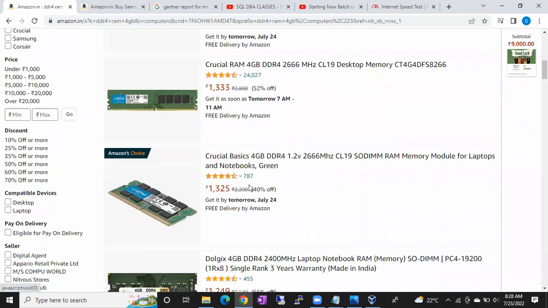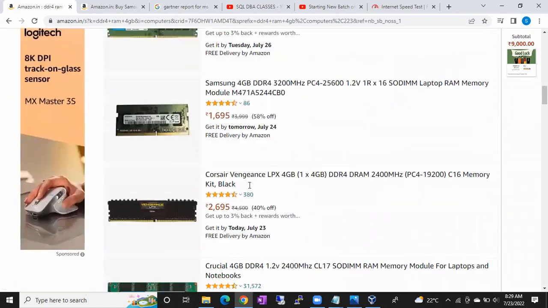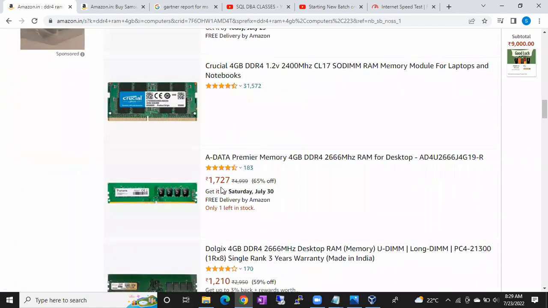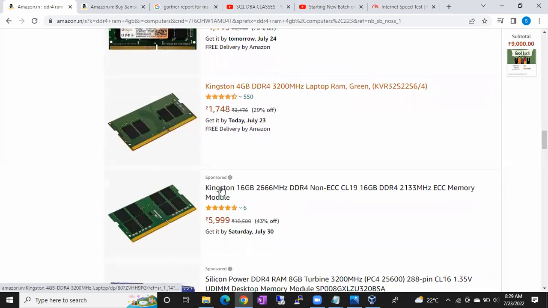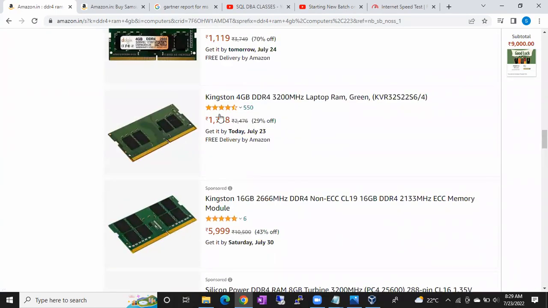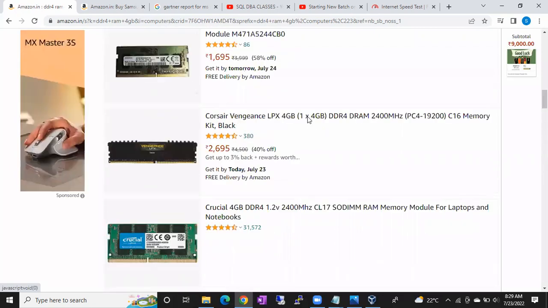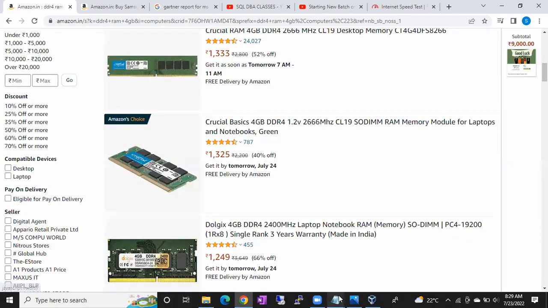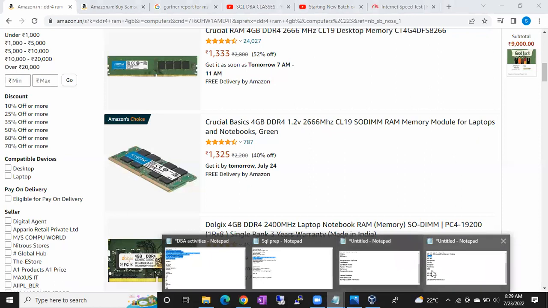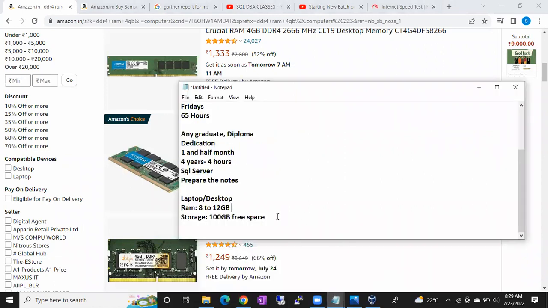You can go for Crucial, which is one good one, guys, and Samsung, Adata is one more, and Kingston is also good, guys. You can buy this 4 GB RAM in the range of 1500 to 1700, and you can extend the RAM. It's very simple. You can go through YouTube videos on how to extend the RAM. And before buying the RAM, guys, check how many slots are there in your laptop. Mostly two slots will be there if it is a new laptop.